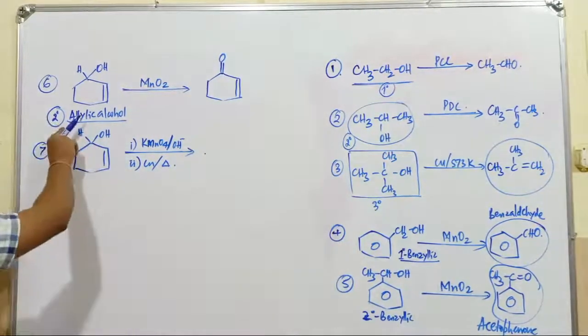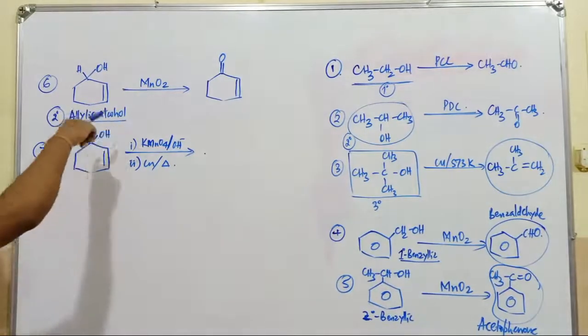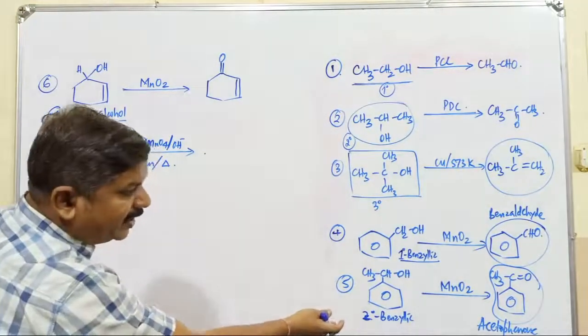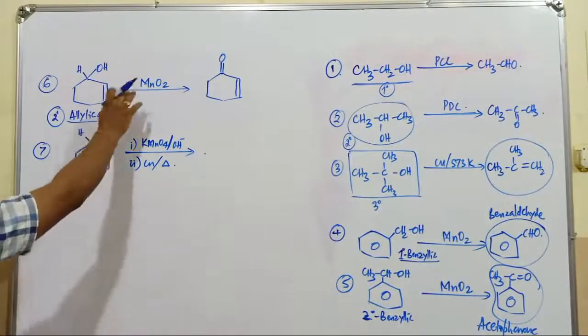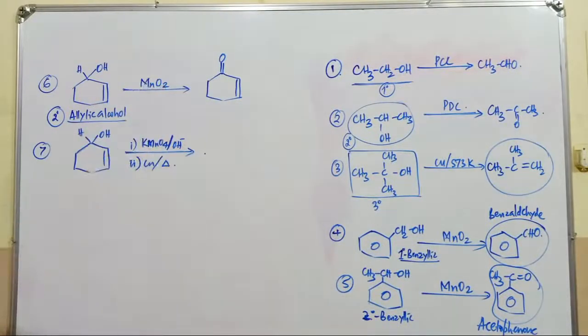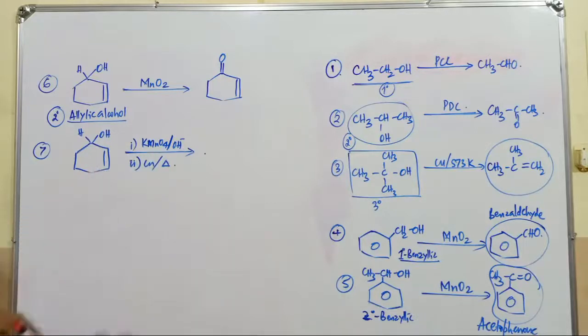Aldehyde. If it is secondary allylic or benzylic, ketone. If it is tertiary allylic or tertiary benzylic, just some mention about that. Tertiary allylic and tertiary benzylic alcohols have no effect in presence of what? MnO2 compound. Right. What is the product obtained when this alcohol, same alcohol I have taken but different reagent?